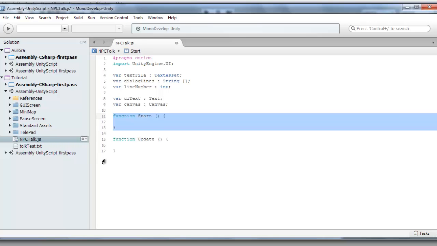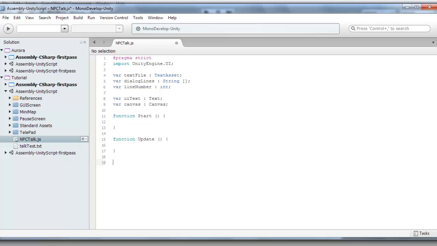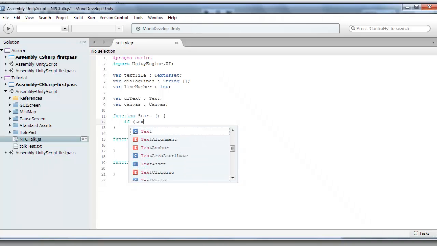Okay, so I usually like doing this, copying over an empty function and just naming it empty so I can easily create functions faster. Okay, so here what we want to do is first off we want the canvas, actually no, let's leave it enabled. Okay, so the first thing we want to do is, yeah, if text file. So if we have a text file,